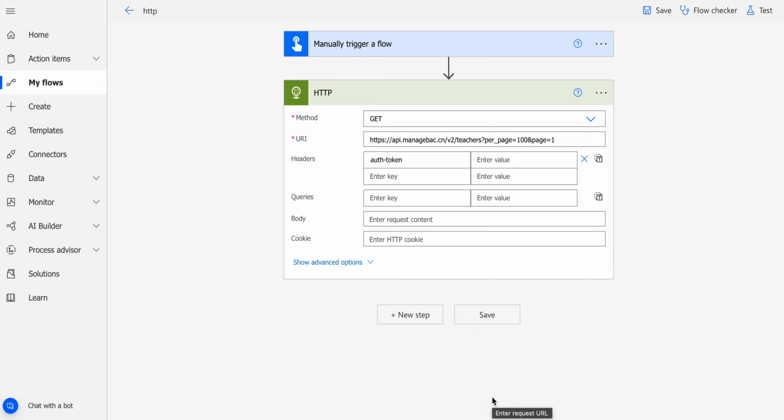All right, so this is an example of pulling information using Microsoft Power Automate from Managebac's API. The first thing you'll want to do is create a flow and choose manually trigger a flow. And then you'll want to add an action